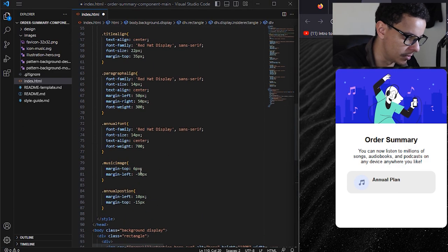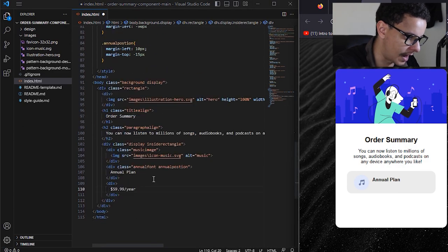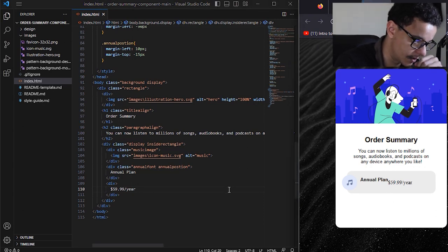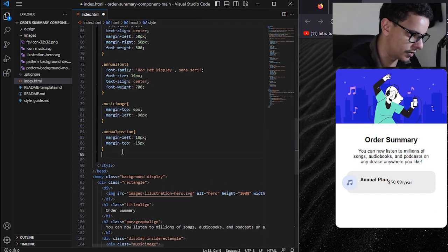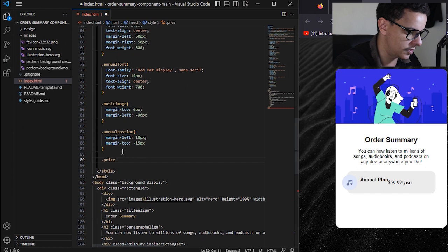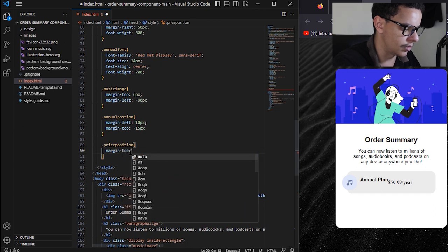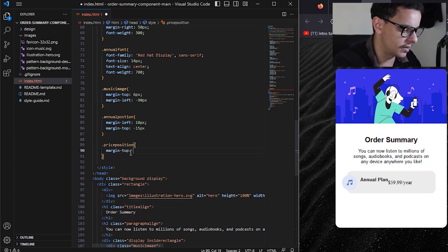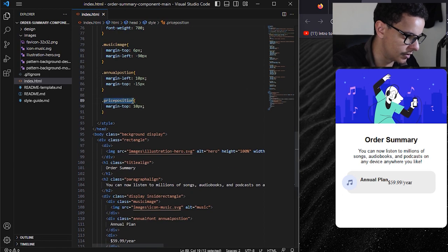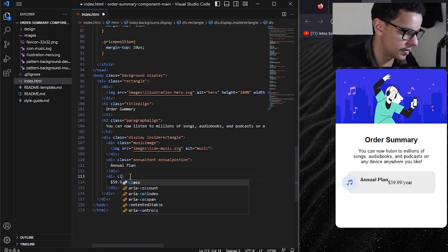Let's refresh. Probably our text is in white. So now if you save and refresh, we have here $59.99 a year. Okay, so we just have to format this once again. So now let's do, for example, price position, following the same pattern. Let's do a margin top of, let's say, 10 pixels, I think, and let's attribute this style to this div,